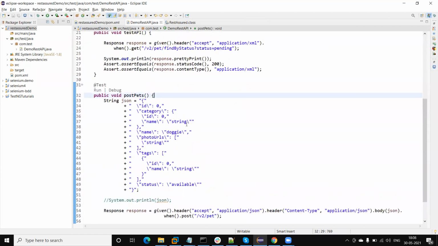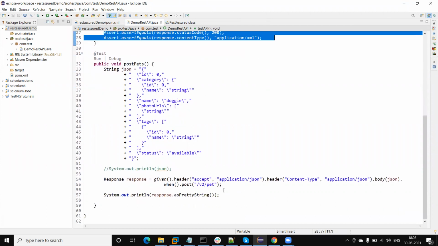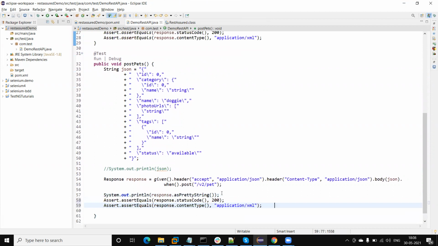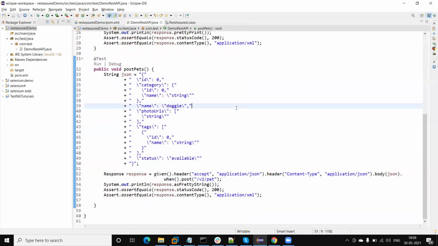Now next we need to add the assertion here. So we can use the response code assertion as well as content type assertion. Running this test again.